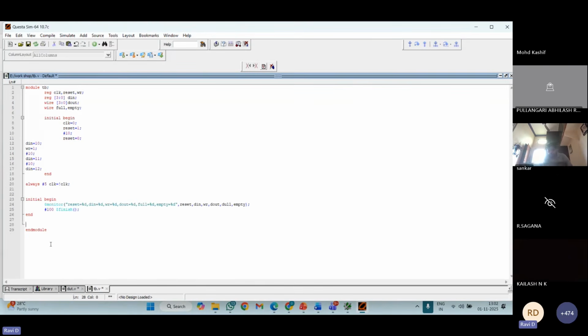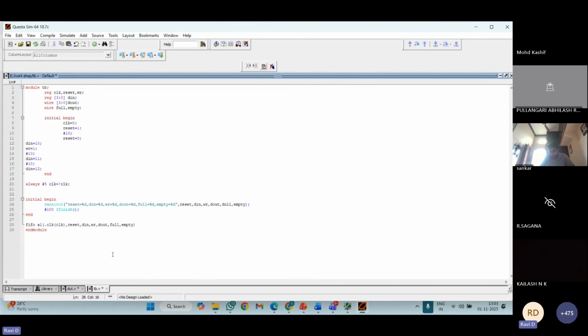I'll just paste it here. So FIFO, first we call my DUT name FIFO, and later we create one instance of that. And next, dot clock of clock. So we are going to write the instantiation like this. That means we are mapping name-wise.